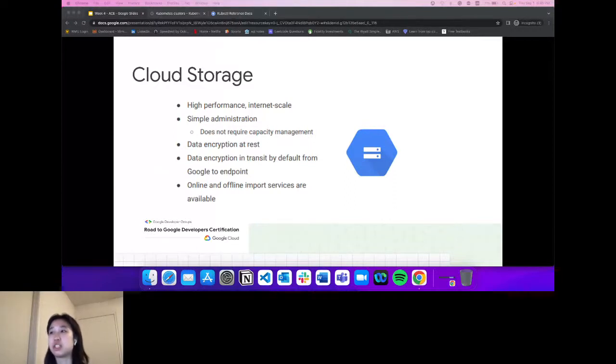Data encryption in transit is on by default from Google to the endpoint, and online and offline import services are available. You'll also have to be able to identify the best fit storage options, as it will definitely be asked in an exam, such as the frequency of retrieval of data. Say that your data is only accessed after a long period of time, then it will be stored under, say, archive storage. Whereas applications that prefer high performance, where the data is frequently accessed, should be stored under